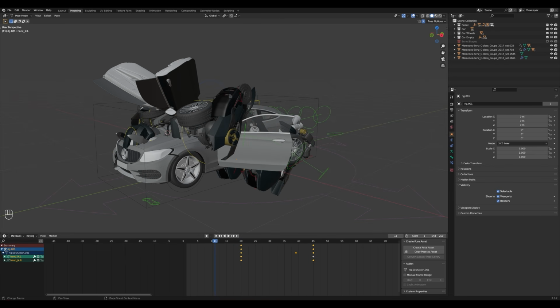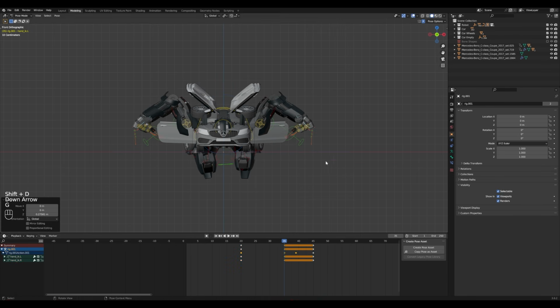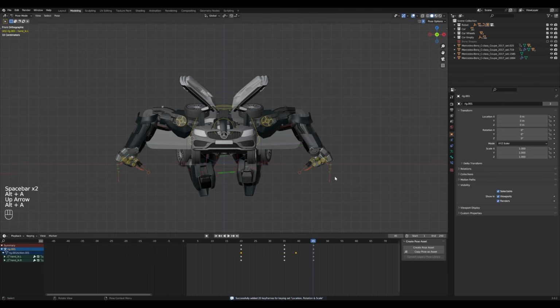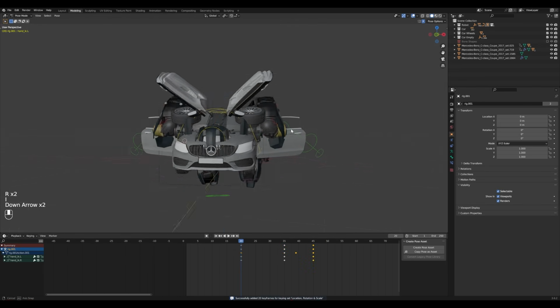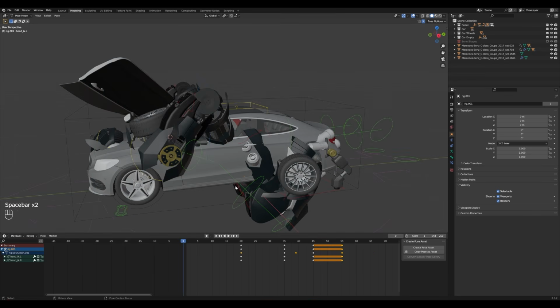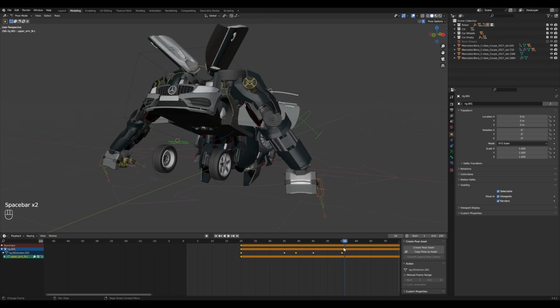Again, I'm doing it very roughly, but you have to spend time to get it right. So now what I'm going to do is make an in-between keyframe, and on this keyframe, he will put his hands on the ground. So as you can see, it is a very rough animation, but you get the idea of what I'm doing here.